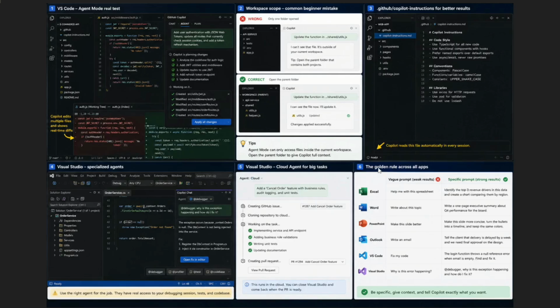One more genuinely useful habit here. Create a file called copilot_instructions inside a folder named .github at the root of your project, and write your team's coding standards directly into it. Things like your preferred naming conventions or which libraries to always avoid. Copilot automatically reads this file in every future session in that project, so you stop repeating the same instructions in